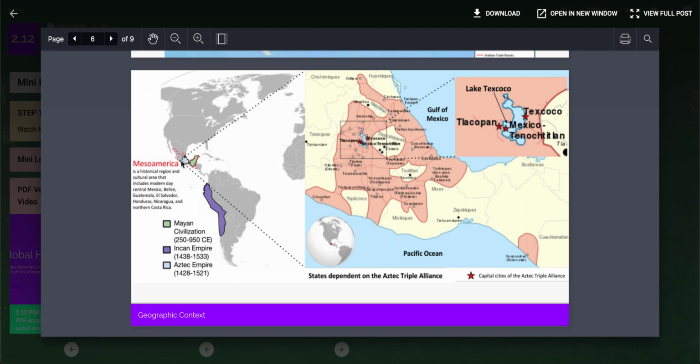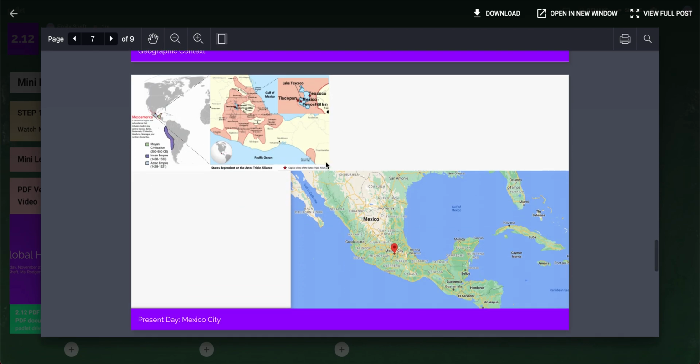But the Aztec, which is this blue area right here, and we can zoom in and see that it's this sort of central area. And we have an even further zoomed in area of the capital, which the capital of the Aztecs was Tenochtitlan, which was an island located on this lake called Lake Texcoco. And this area today is present day Mexico City. So if we compare, we see central Mexico here, and then we see it here as well. And if we were to zoom in, we would see a little body of water right here next to Mexico City.